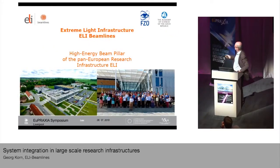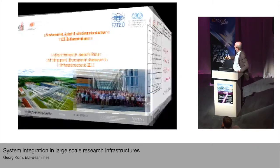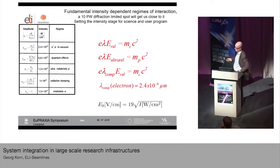And we are called those ELI beamlines, the high energy beam pillar, which comes from the fact that we are using high intensity radiation to do different things. I want to set the stage for the intensity range of the science we are using and we are doing, and also for the user program. So we're talking relativistic interaction, and you can easily calculate. Most of you know that, but for those of you who are not dealing with relativistic intensity every day,